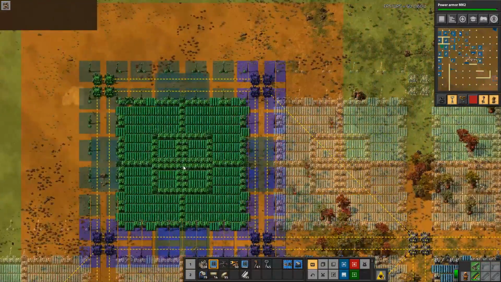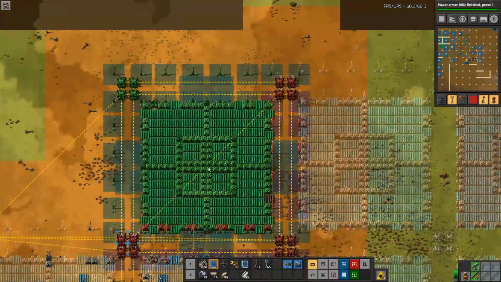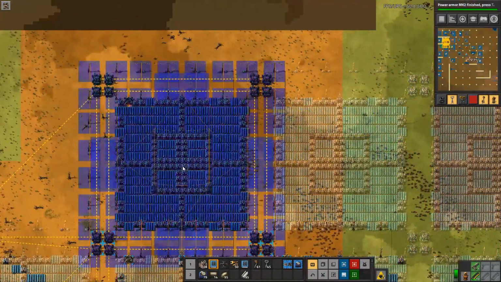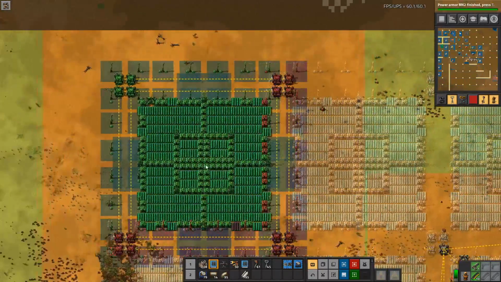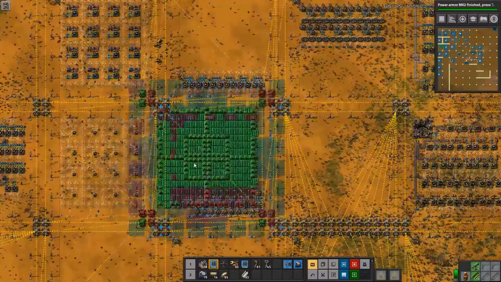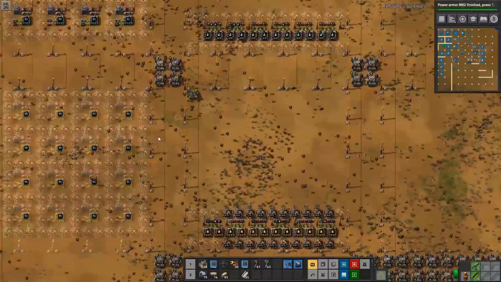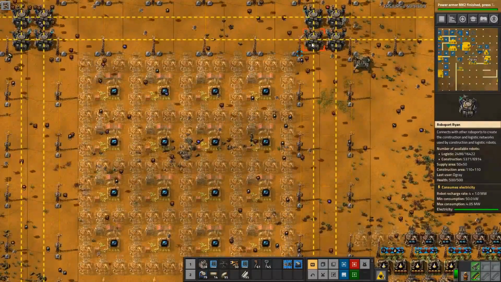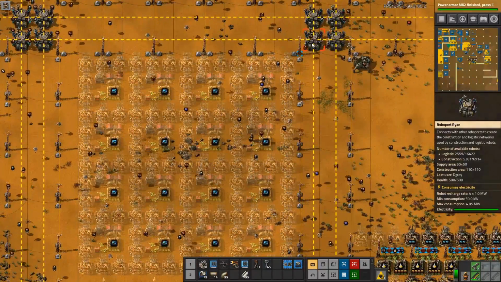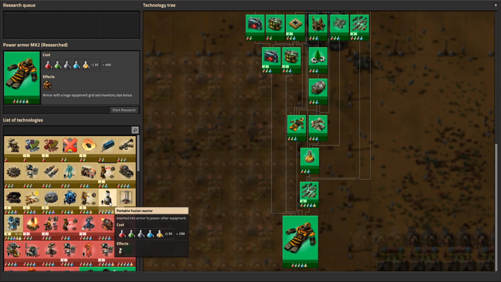Let's continue over this way, just to fill in things. And there we go. That was the Power Armor Mark II, pretty much marking the end of the episode. Or almost the end of the episode. I want to see if we can't fix this before we end. We just need our little robots to fly it in. And while that is going on, we could